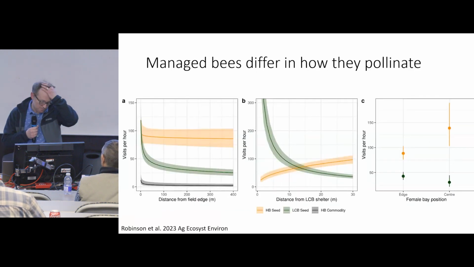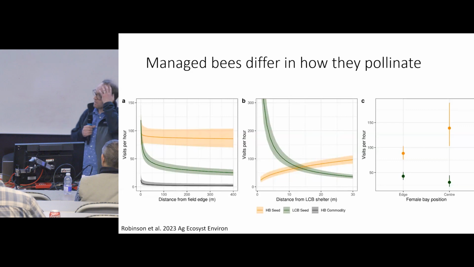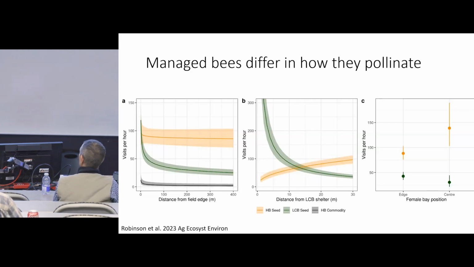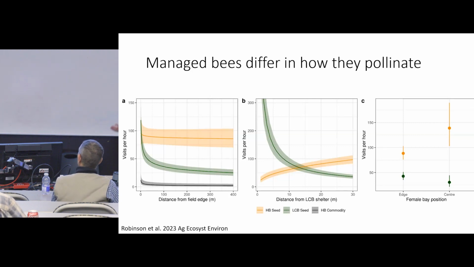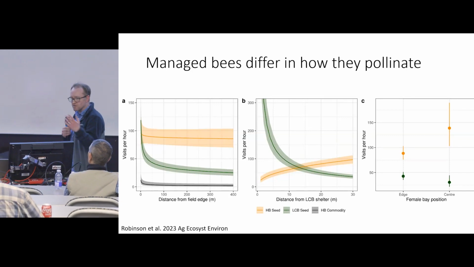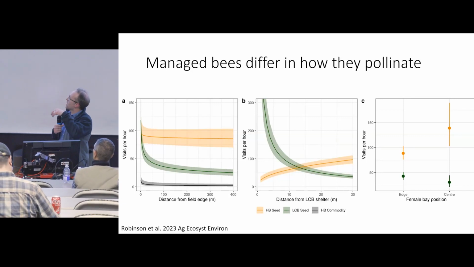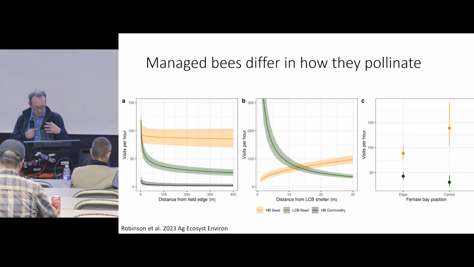And this is a very recent paper that I was not involved with, but it came out this year, and this is looking at canola. They were looking at the differences between different groups of managed bees. So honeybees, which is the orange-yellow line, and then the leafcutter bees, which is in green. There's a different distribution of how these bees visited the crop. Honeybees were a little bit more spread out through the field, whereas the leafcutter bees tended to be a little bit more closely connected to their